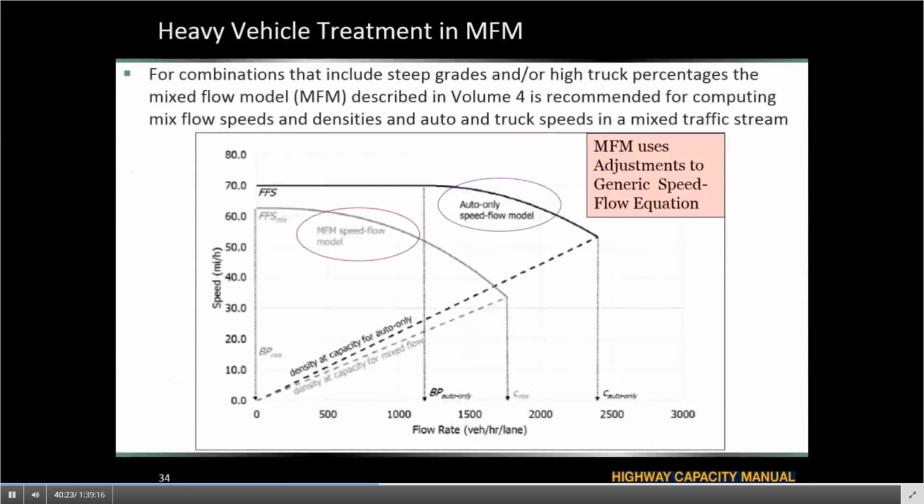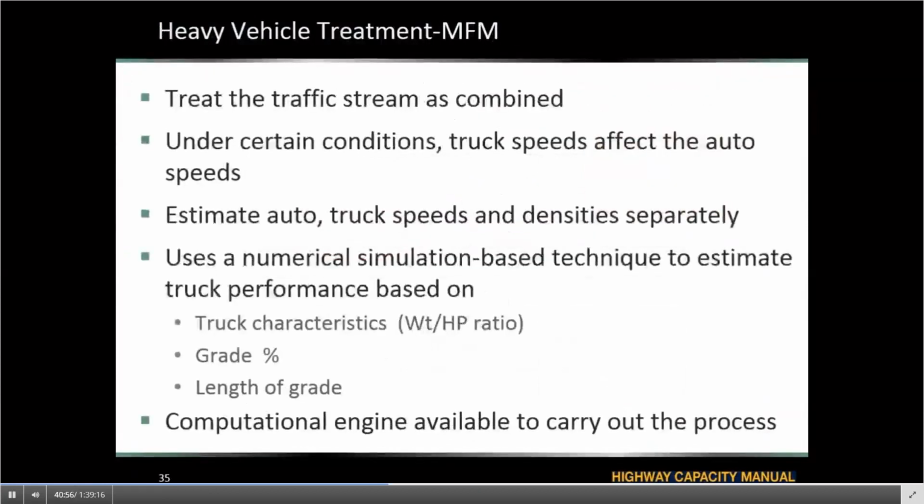So, along with the PCEs that have been given for general terrain and those detailed tables, whenever our percent trucks are high or our grades are considerably high, the HCM recommends using a mixed flow model, which is documented in Chapters 25 and 26 in Volume 4, where it provides a separate standalone procedure to compute the speed of the trucks. The way that it works is that first it treats the traffic stream as combined, then estimates the speeds for autos and trucks and the densities.